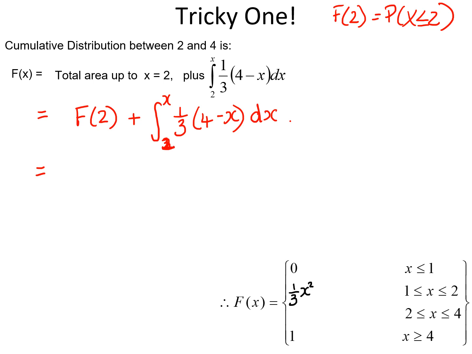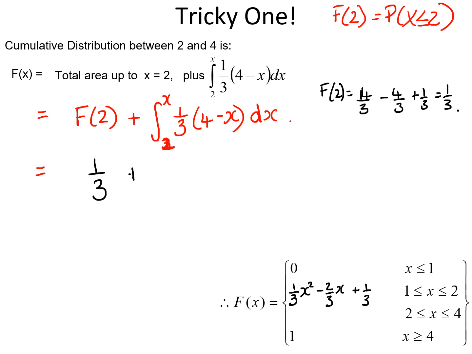It was minus 2/3 of x plus 1/3. Let's hope it was that. Right, so if I was to put 2 into that, this is f of 2. 1/3, oh, not 4/3, minus 4/3, add a third, so that's a third. Right, so we've got 1/3 there,